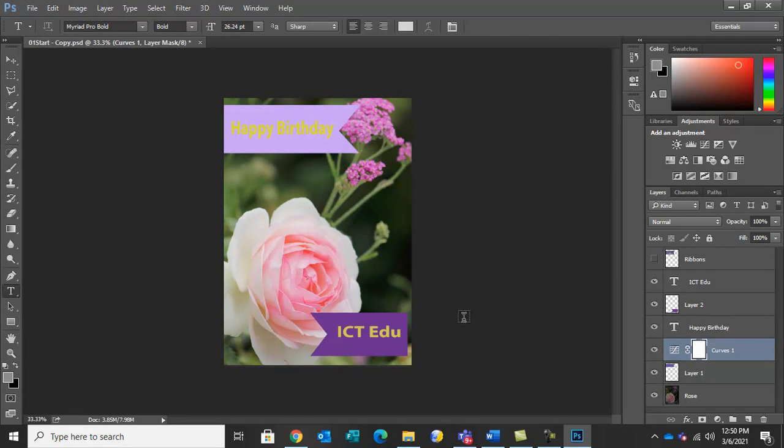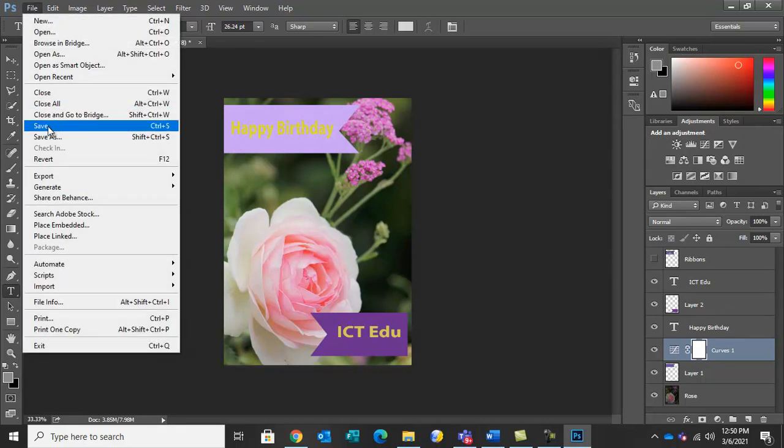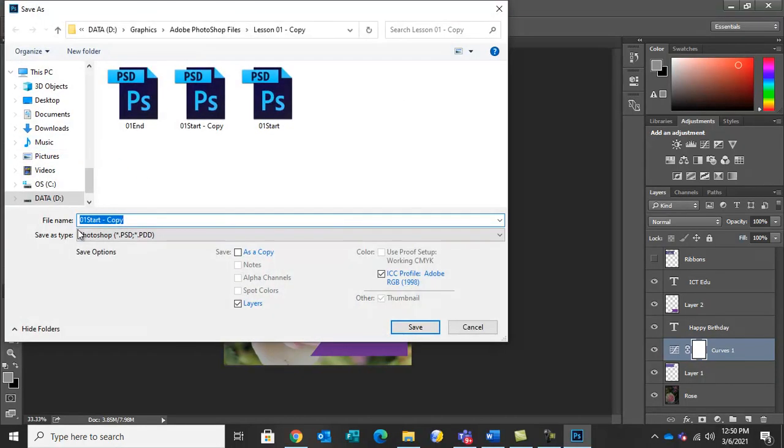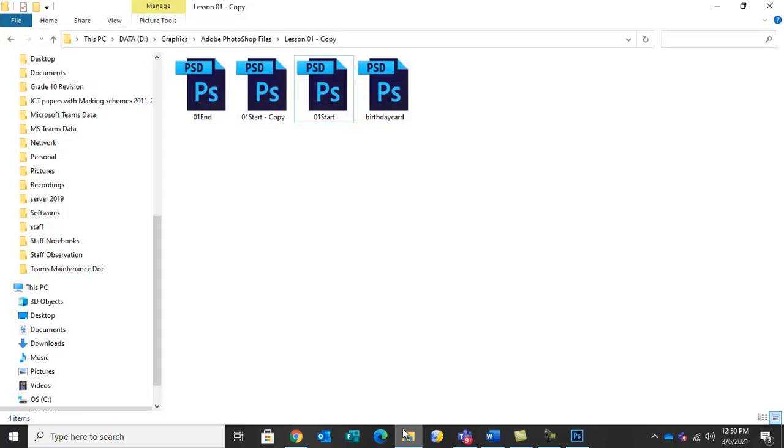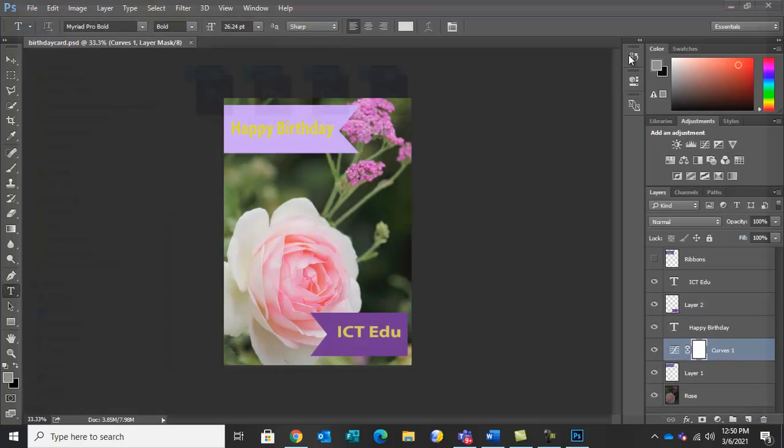So this is a birthday card from us to our friends. So save this file in Photoshop. If you want to save with a different name, give the name here. For example, birthday card in Photoshop format. Okay, PSD Photoshop format, so that you can change or modify it in future. So save it. This file will come here also if you want to check. See, birthday card here. So you can open it in Photoshop again, but it is already open here.